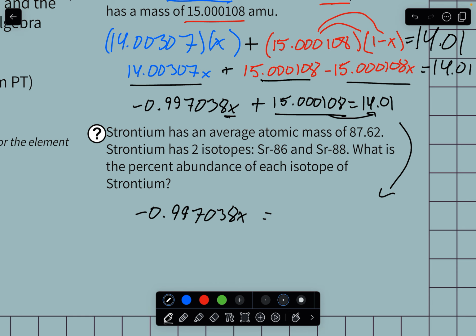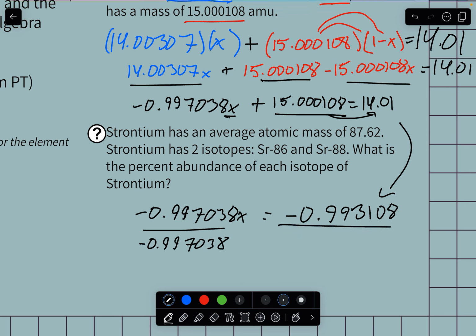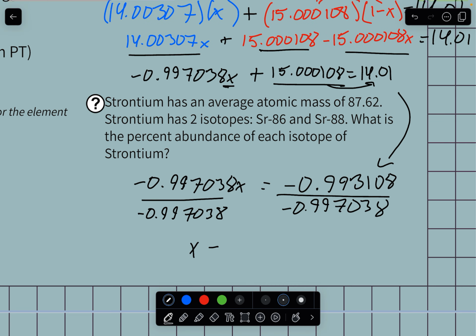And then if we subtracted it to the other side, we get negative 0.993108. Okay, and then to get X alone, we're going to divide by the number it's with, the 0.997038, taking the negative with it. Do that on both sides. And we get X equals